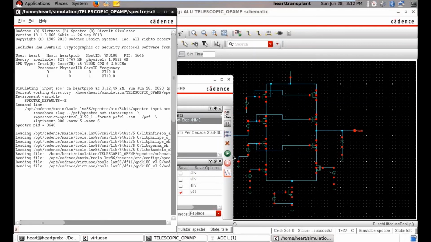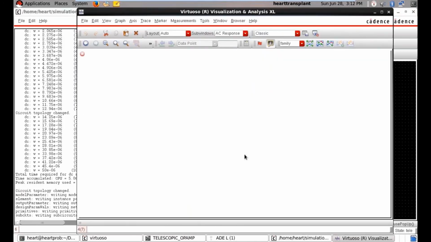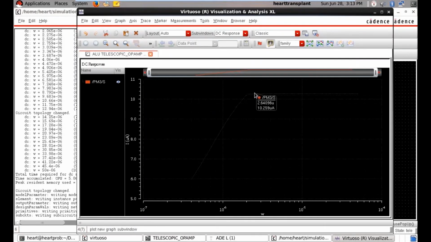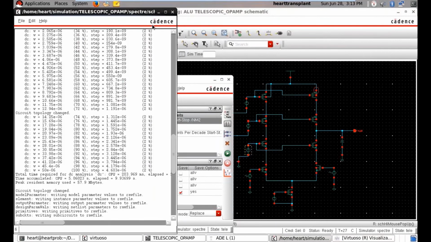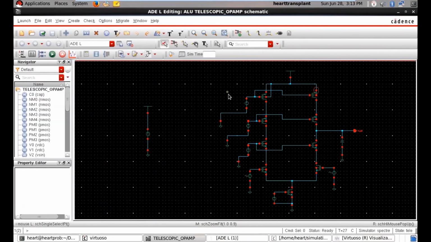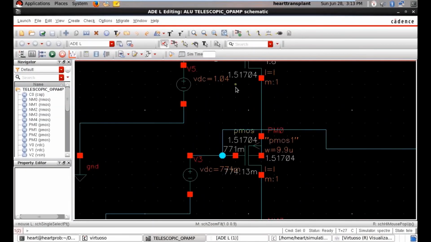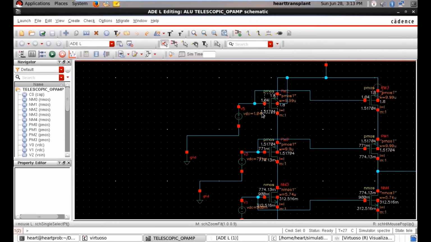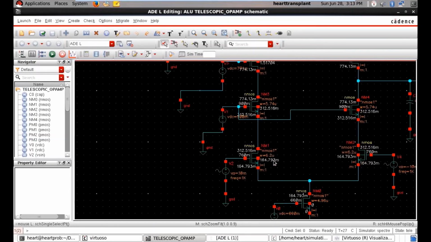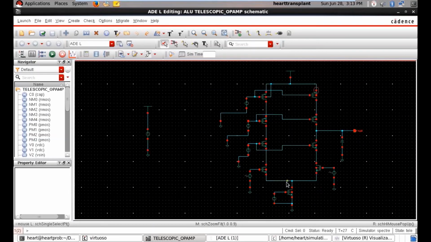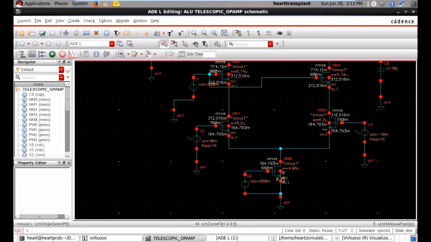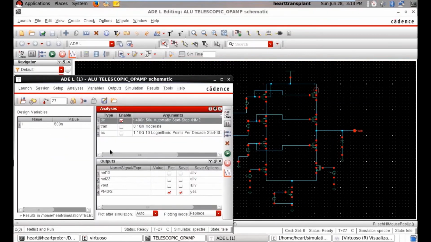It's taking a little bit of time. There we go, we find 10 microamperes. After DC analysis, we'll get all the operating regions of the NMOS and PMOS, and they are all in saturation.